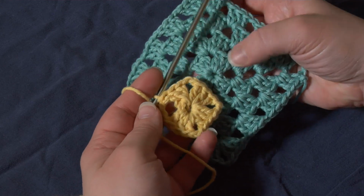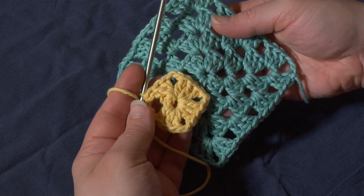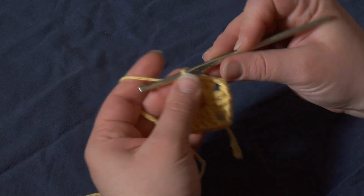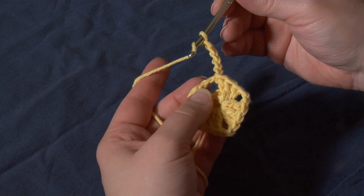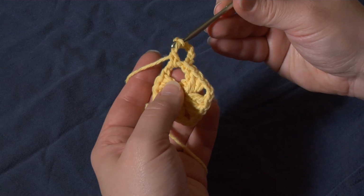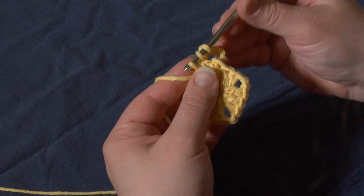You can see we've made the first 4 sets there that are in the center of the granny square. So to start the next round, I'm going to chain 5 again. 1, 2, 3, 4, 5. And then do just as I did before. I'm going to work 3 double crochets right into that chain 5 space. 1, 2,